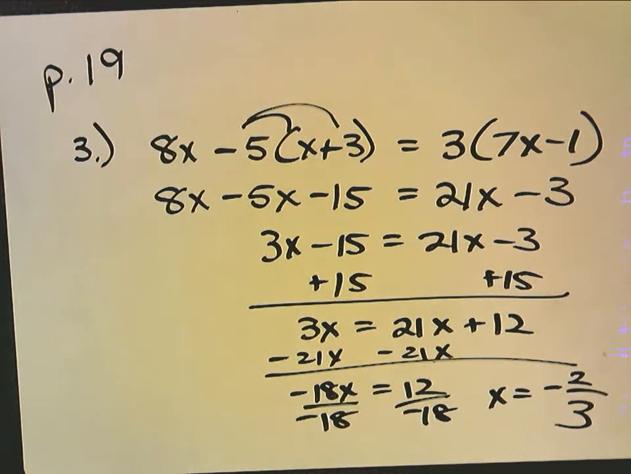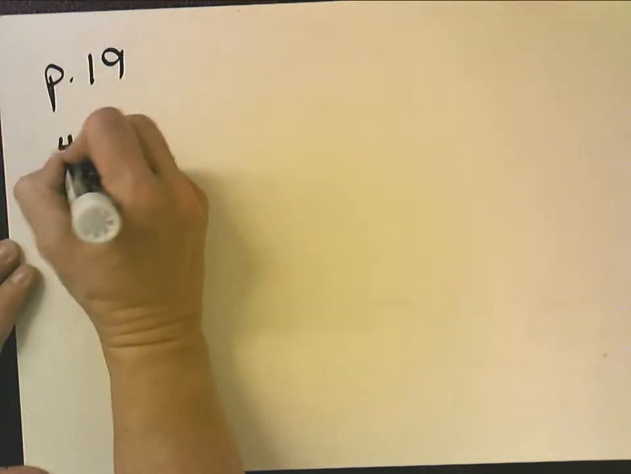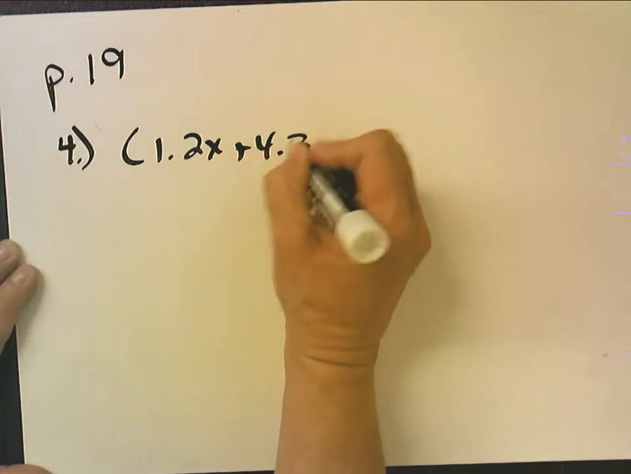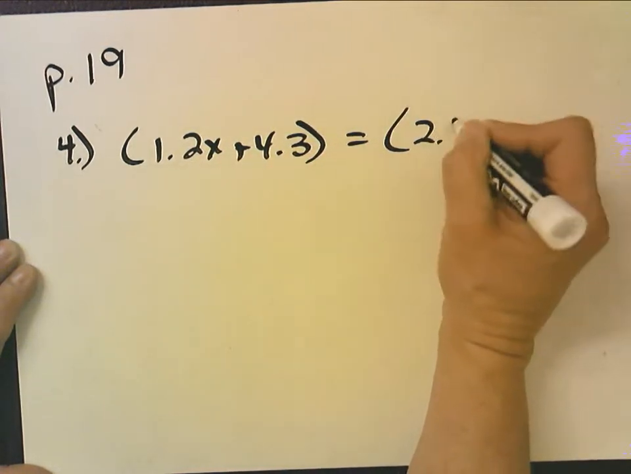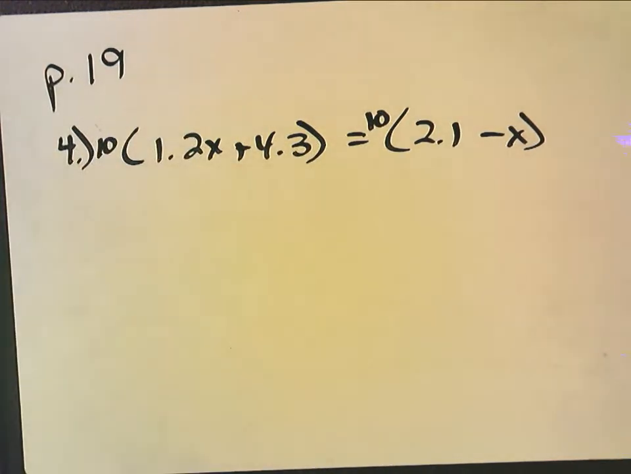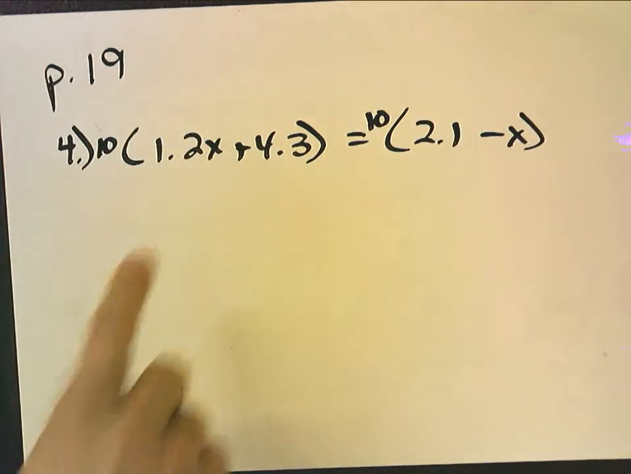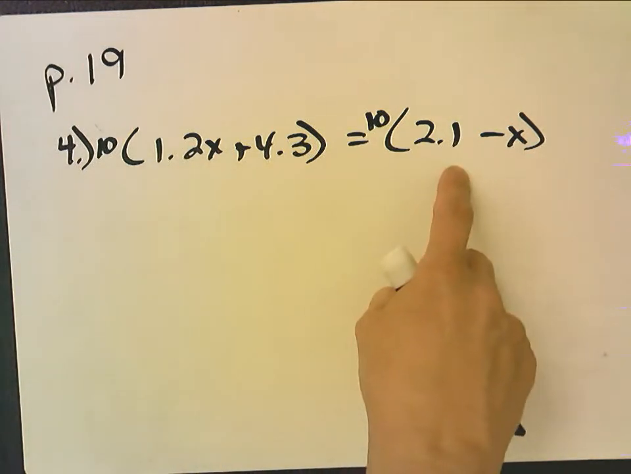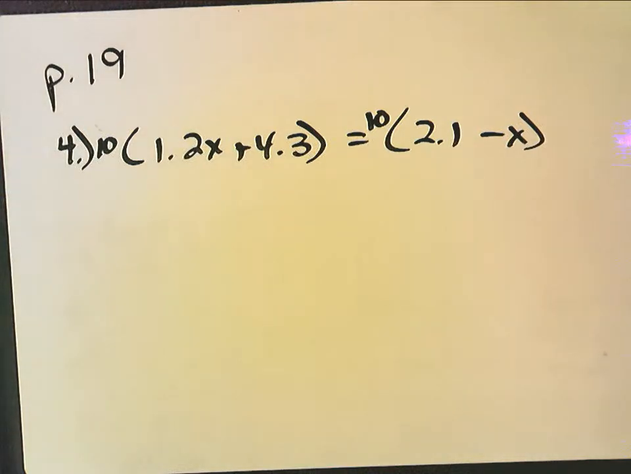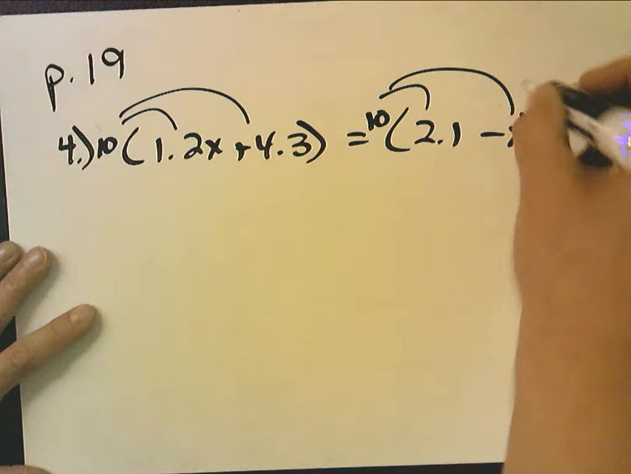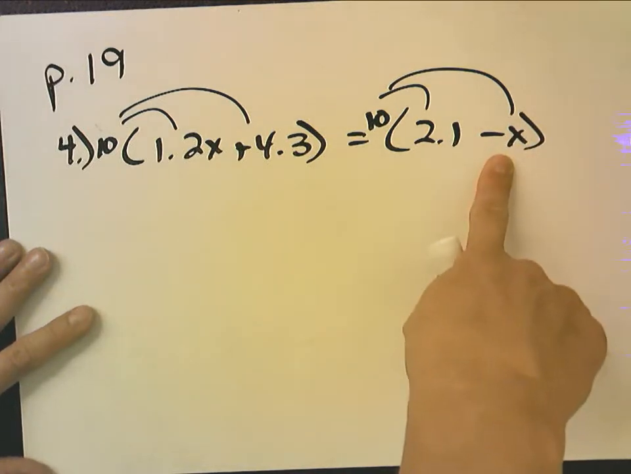Okay? Now, for number 4, I am going to get rid of the decimals by multiplying both sides by 10. How did I come up with 10? Because if I read this properly, 1 and 2/10 plus 4 and 3/10 equals 2 and 1/10 minus x, my common denominator is 10. The most common mistake here is you don't multiply negative x by 10 because you think